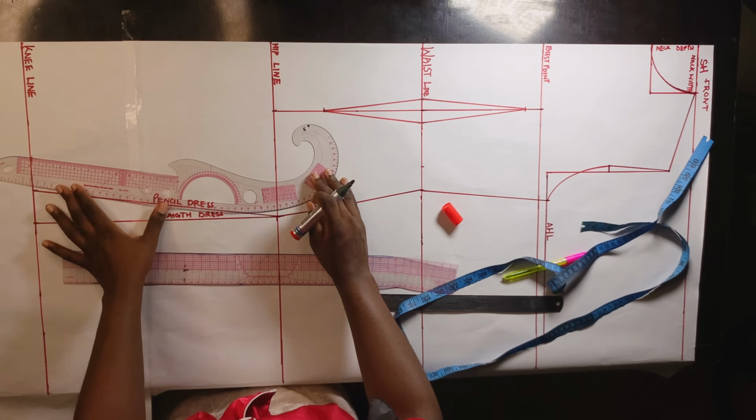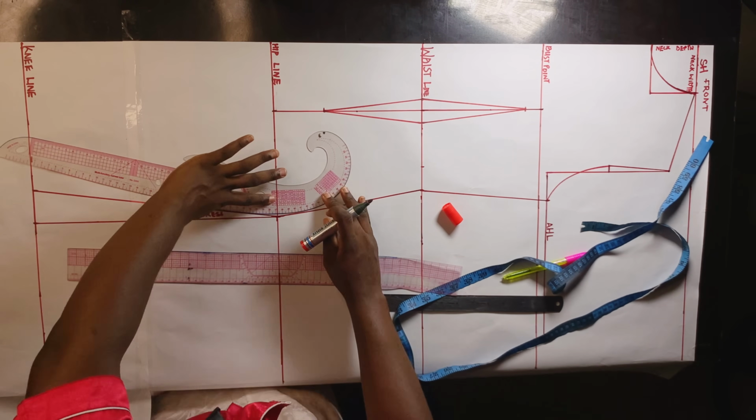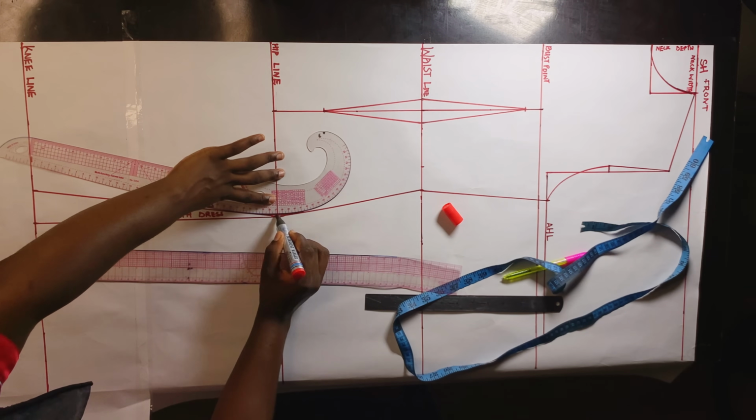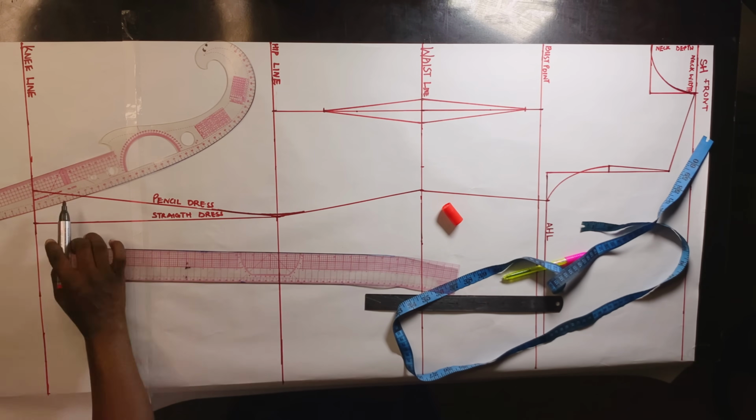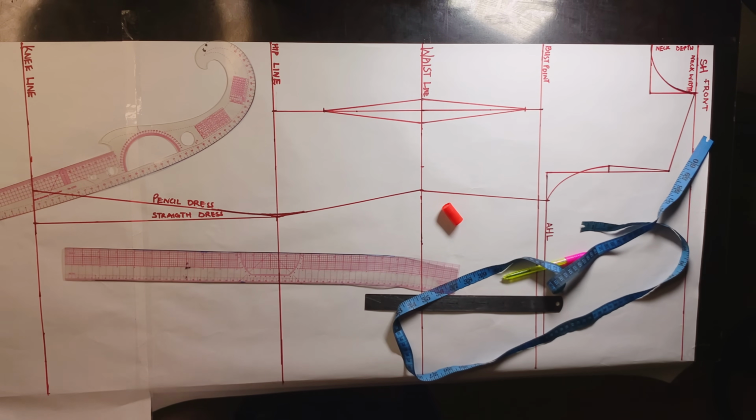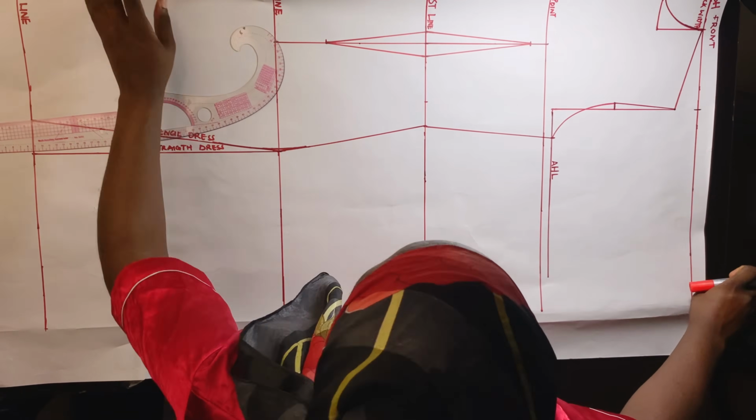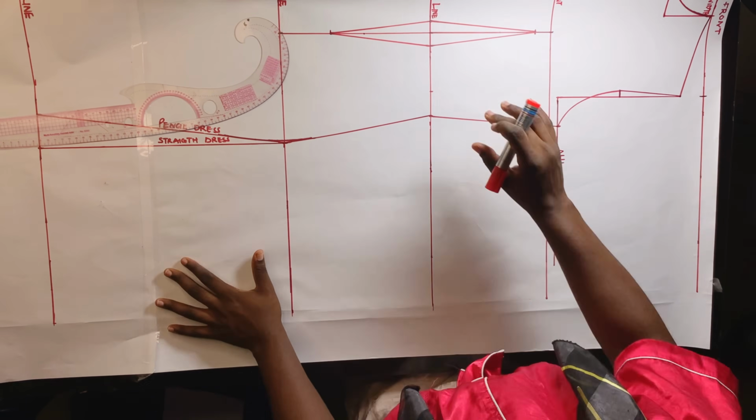In order to avoid getting pointy ears on the hip line of our skirt, I'm just going to use my curve to give this a natural curve, okay? We don't want that pointy ear. So just do that. The next step is to draft out our back pattern, and from what I noticed, I